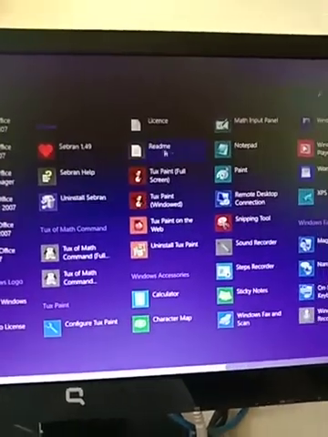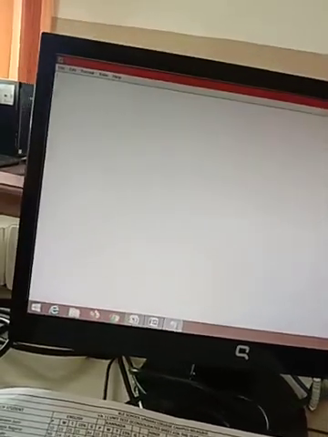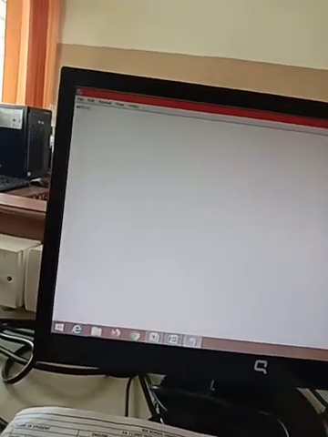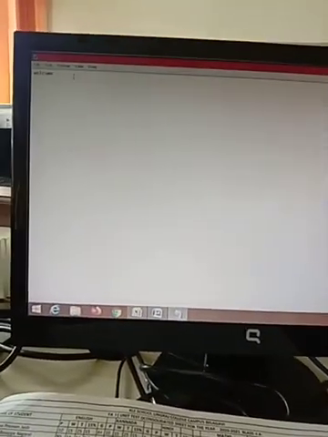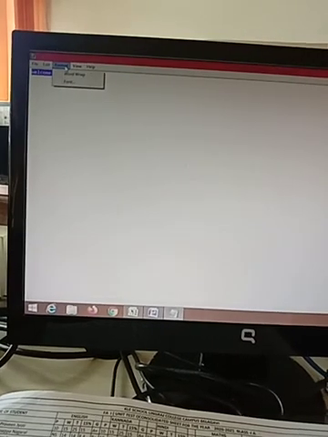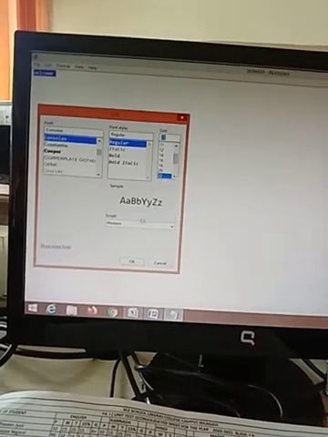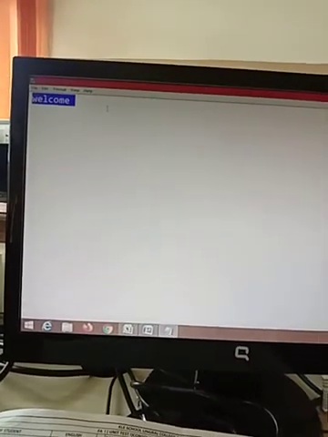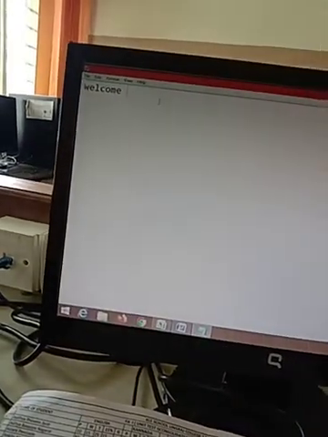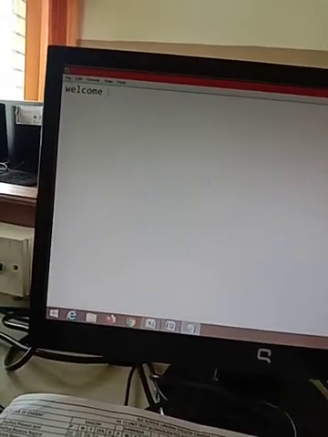You all can see, children. This is Notepad, a simple typing application where you can type. You can just type the text. Can we color a text here, children? No. Example, if I type any text here, I can increase the size from Format, Font. Here I am increasing the size. But I cannot change the font color. So this is the basic application where only we can type.